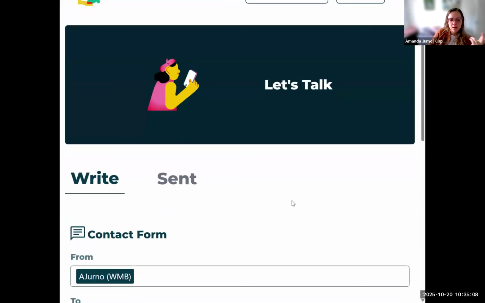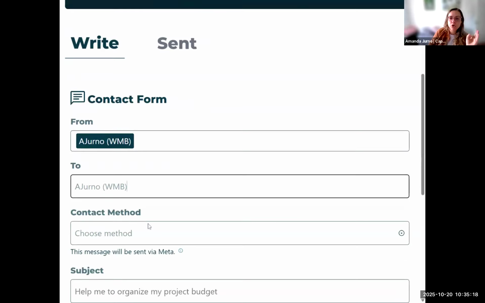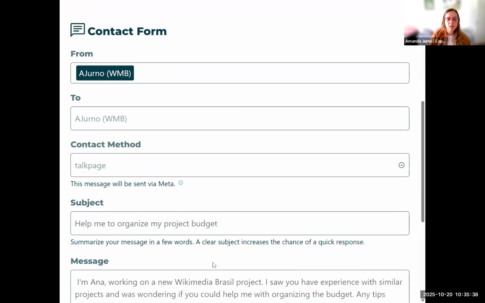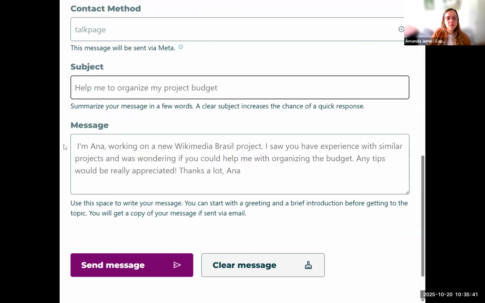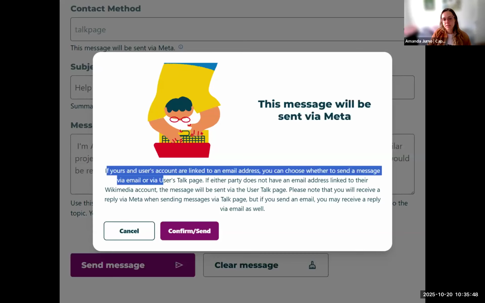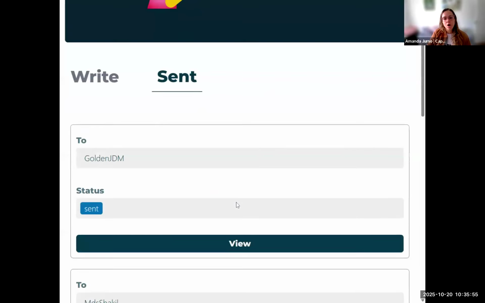So if the person you are sending a message to, that is Amanda Jurno, and you yourself have an email account connected to your Wikimedia profile, then you will be able to send an email to this person. If you don't have an email or the person doesn't have an email connected to the Wikimedia Unified login, then you can send a user talk page message. Then you can write the subject of the message itself, and then send the message. And here is the information of how the message is going to be sent. And you confirm it and send, and you will see it here on your